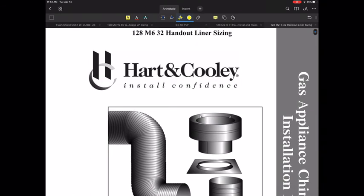So that is a little bit on sizing a chimney liner. It's very simple, very basic, if you understand just the basic rules of common vent sizing, and also